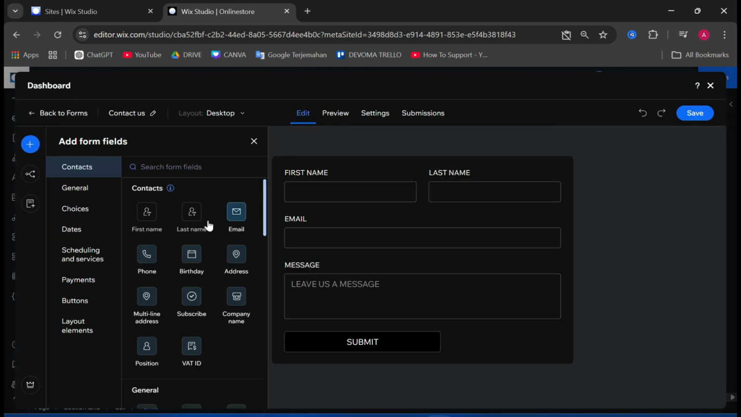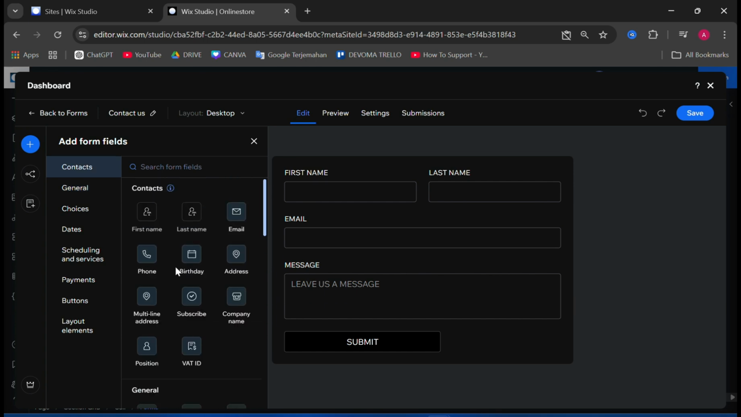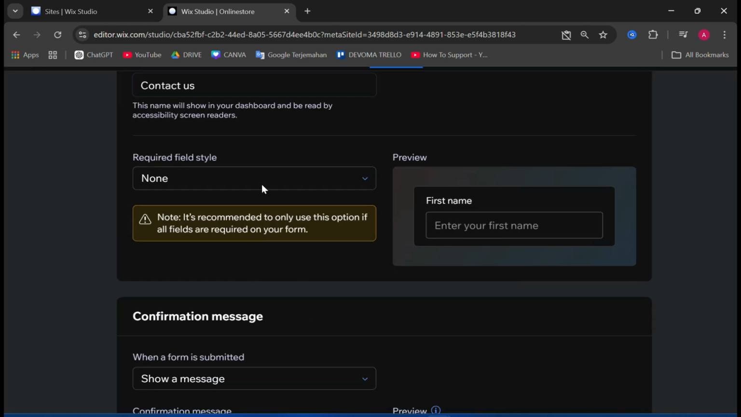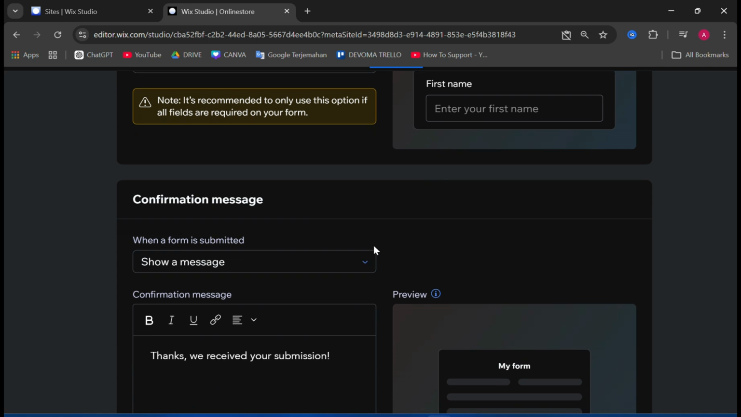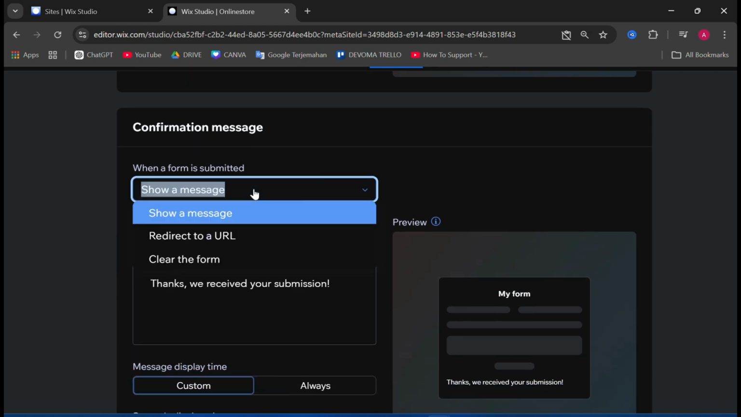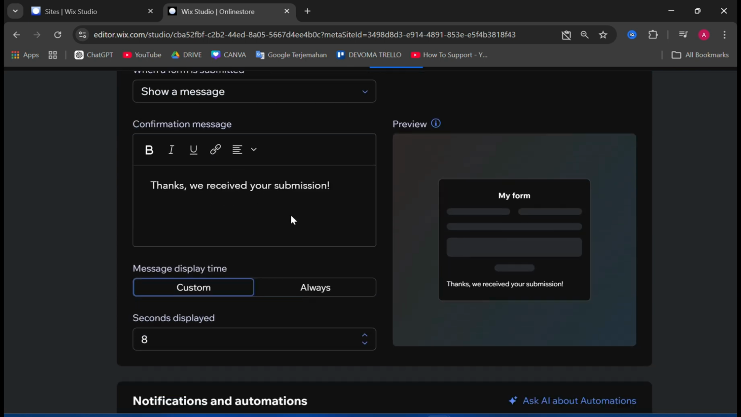And then in this page, as you can see, there are a lot of options here, but we're not gonna touch it. We're gonna go to settings here. And then in the setting, as you can see, you can change the form name if you want. And then for the required field style if you want. And then this is the preview, you can see it. And also the confirmation message. You can choose when a form is submitted and then you can add the confirmation message